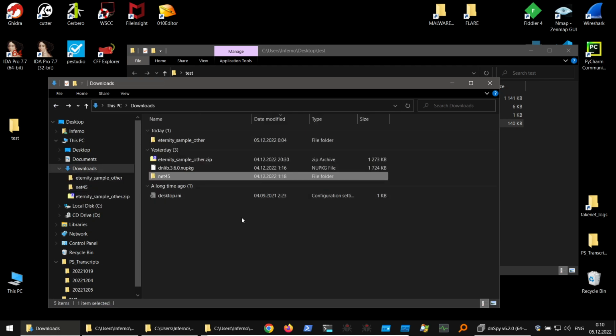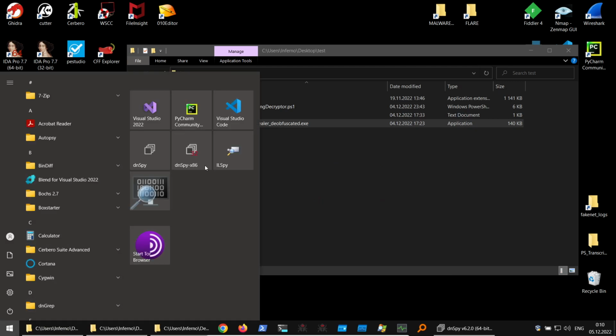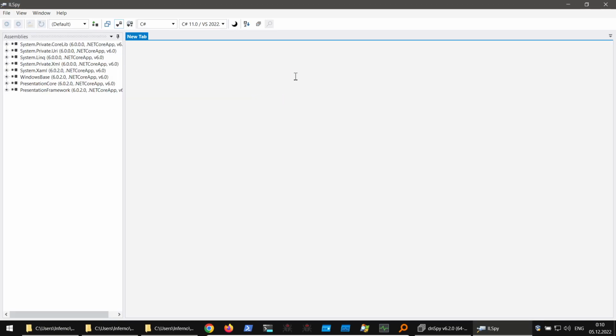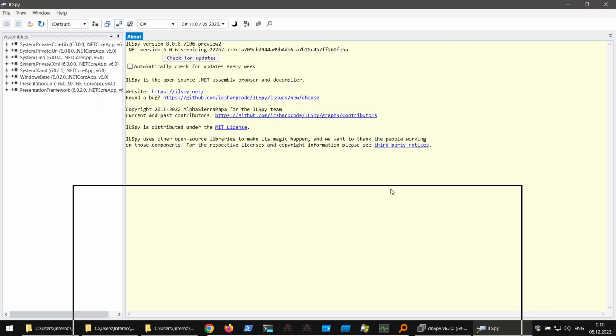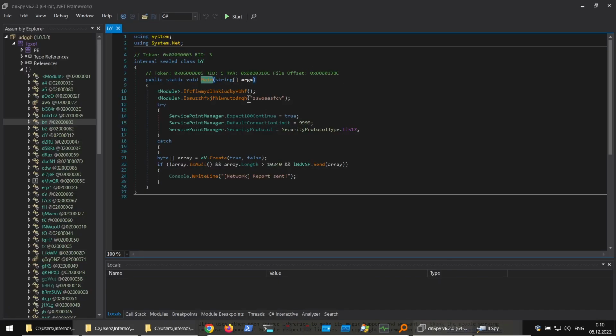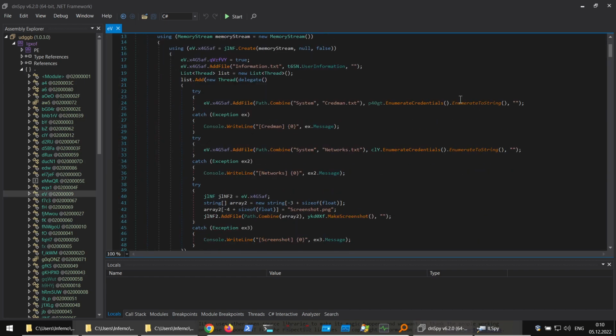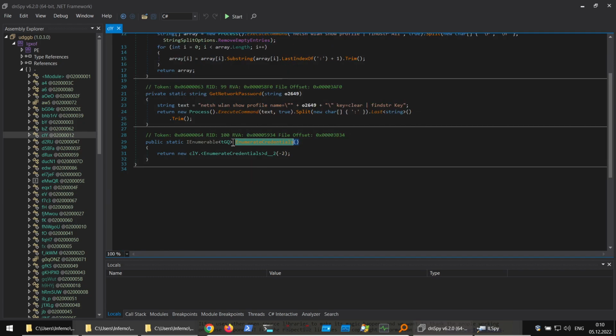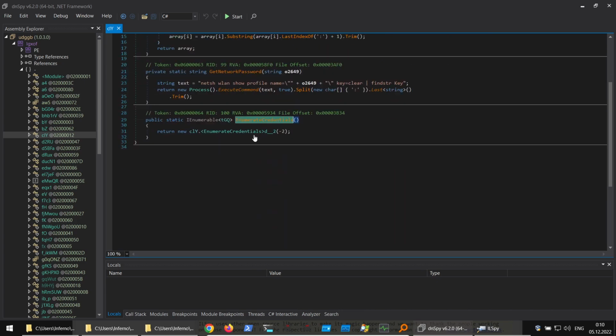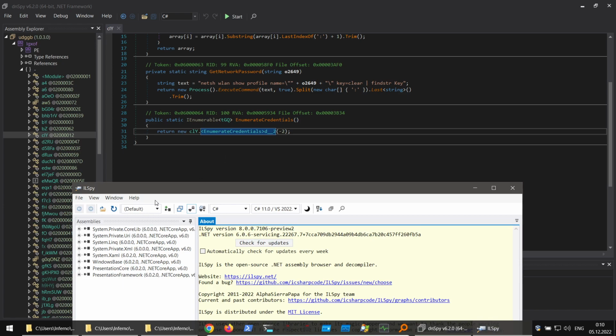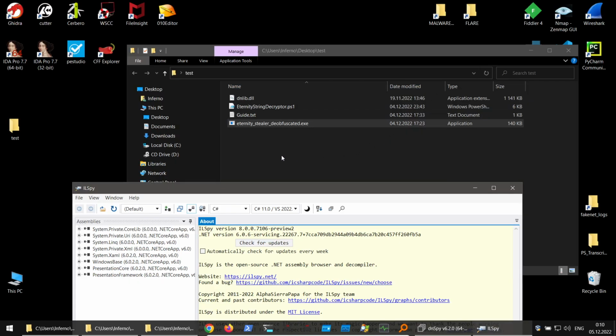Okay, I don't have it here. It doesn't matter, I have it here. Not the latest one, but almost the latest ILSpy. So what I want to show you is that there are also methods which are like this, for example this second one. And what you can see here, this looks strange and you can't click it. So if you just check it in ILSpy,